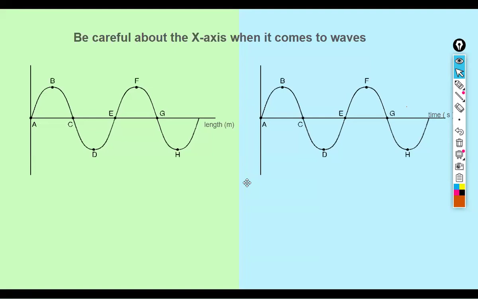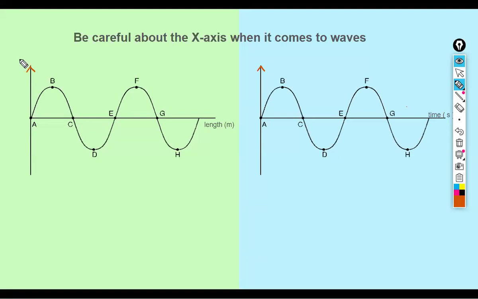Not because the shape of the graph is a certain way, it means that it looks like that in real life. Now, sometimes the graph just happens to look like the thing in real life, but that's just a coincidence, okay? So here are two graphs, right? Let me put some values here. Let's say we're measuring a water wave. Let's just keep it simple and pretend it's a transverse wave.